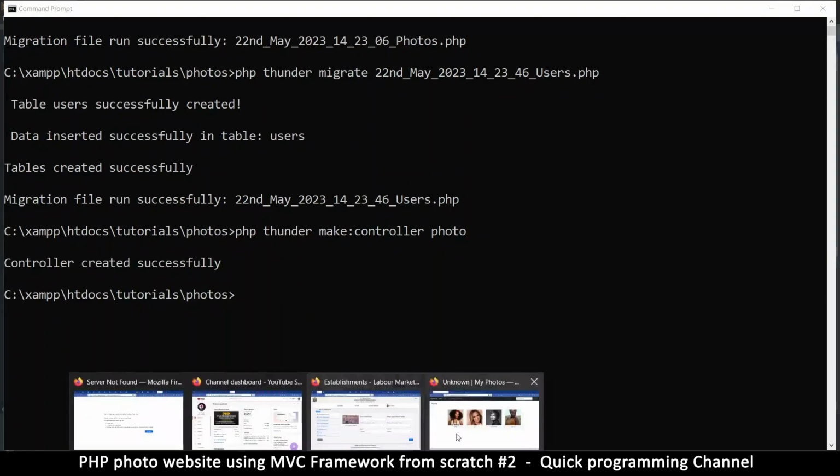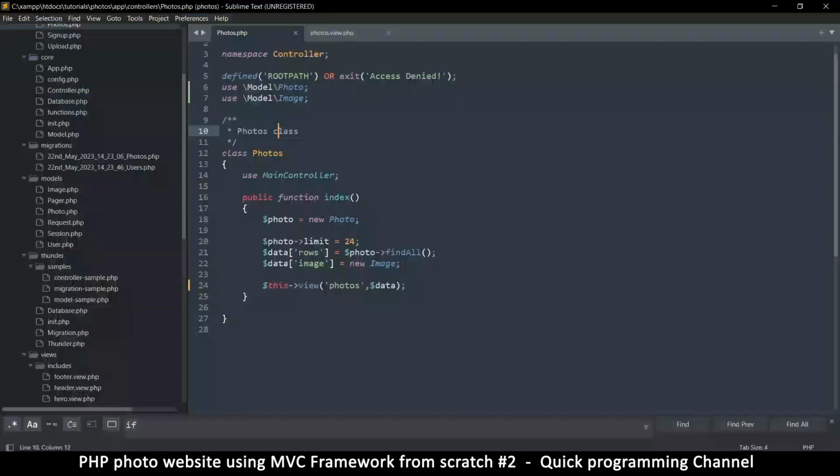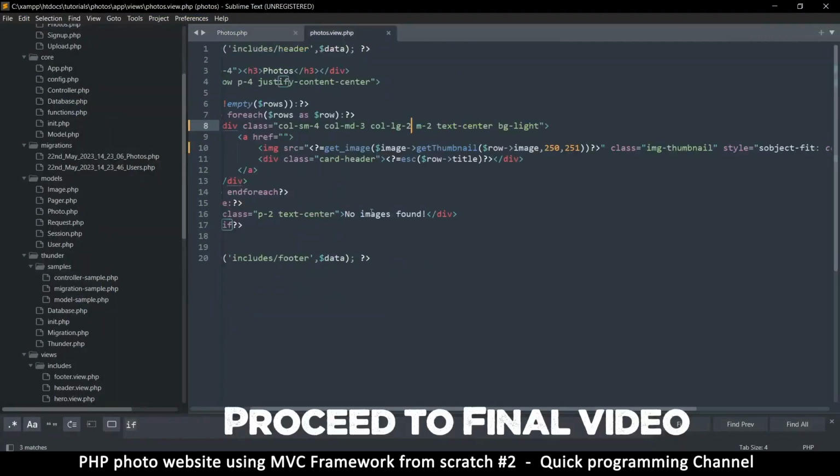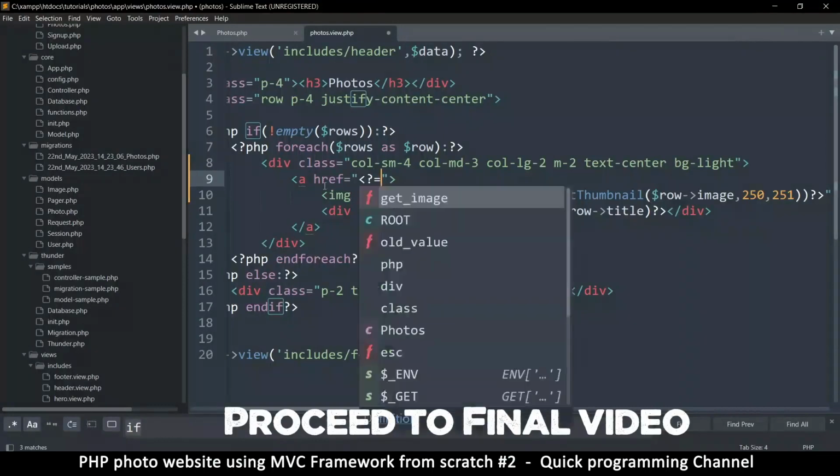So if I now come back to this, let's see here, photos. This should lead to a single photo, right? So let's go to photos, and right where we have our link there, we're gonna do, sorry here, we're gonna do root,